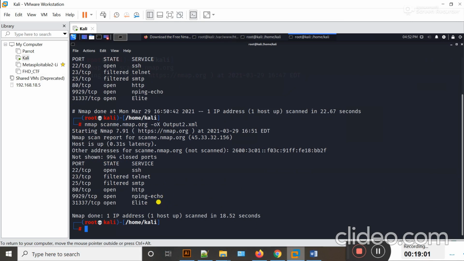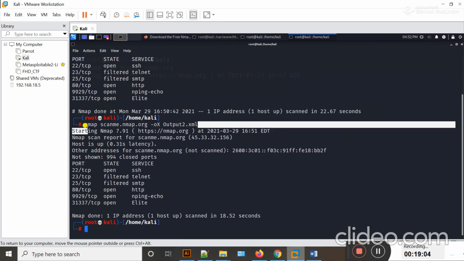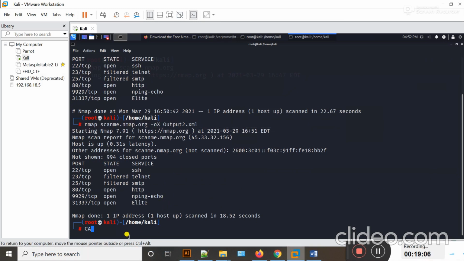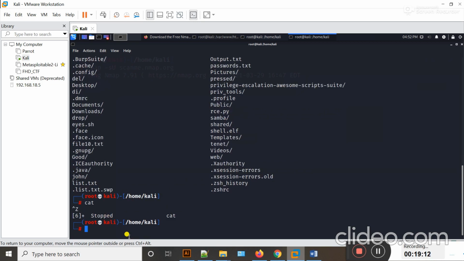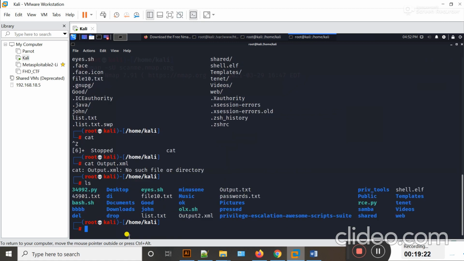Here you can see guys, the scan is complete. Now if I type here cat output.xml, no file is present.